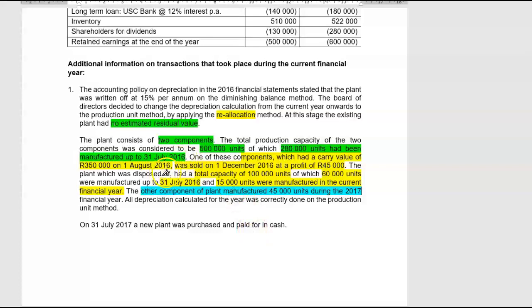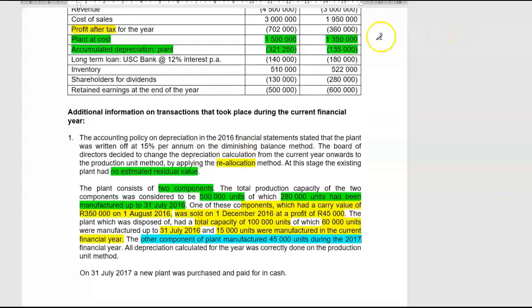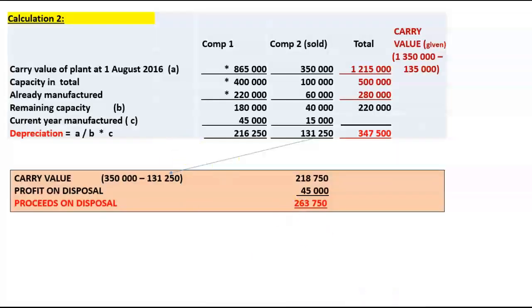Now, the first thing that we have is we have two components. The second thing that we have is we've got total carrying value. And then they tell us that one of these components, which had a carrying value of 350,000 as at the beginning of the year, so the other one must have the difference. So if we start off with this question and we do it in a table format, we say we've got component 1 and component 2. We've sold component 2. The total carrying value at the beginning of the year was 1,350,000 less 135,000 Rand, which gives us